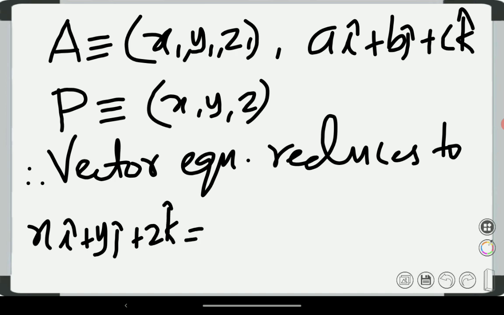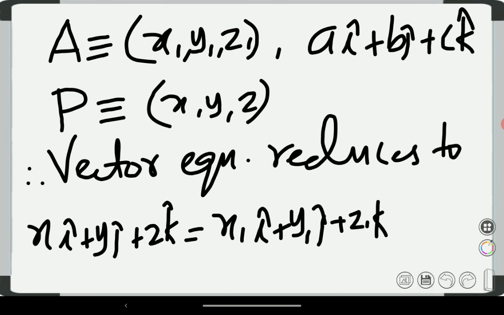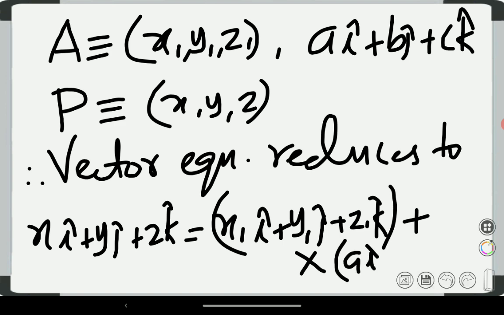R vector is equal to A vector, which means x1 i cap plus y1 j cap plus z1 k cap, plus lambda times a i plus b j plus c k. If you remove the vector part from both sides and compare the corresponding components on both sides,